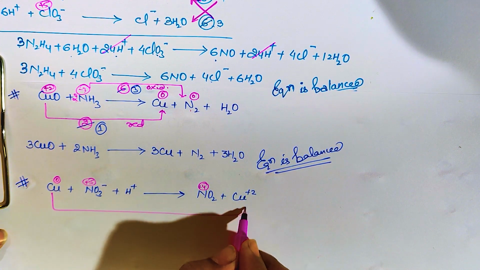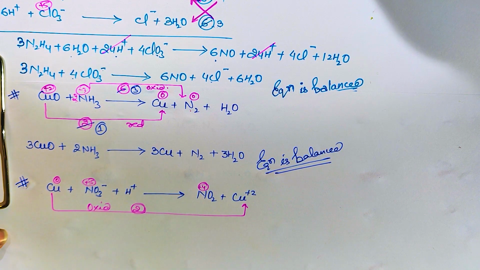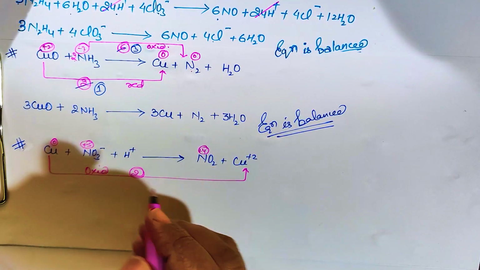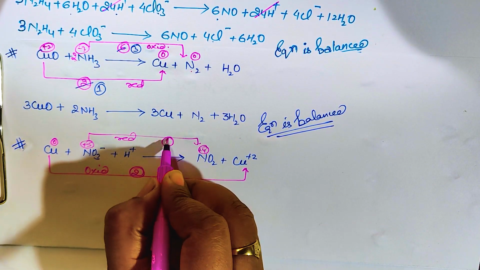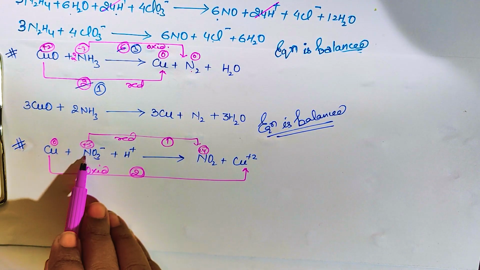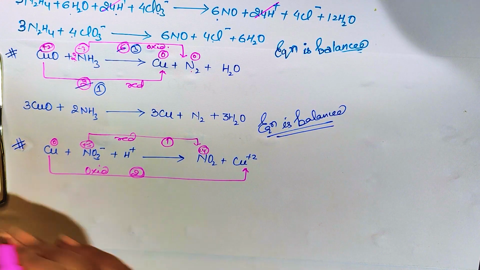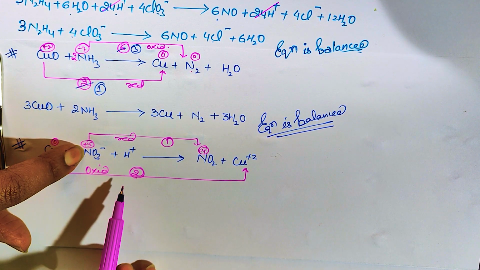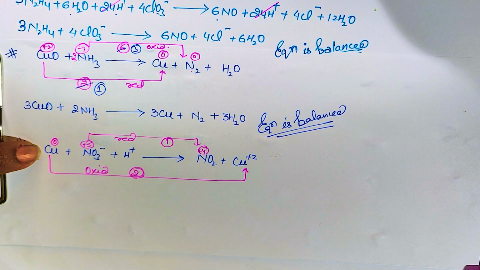This is 0 to plus 2, that means oxidation is going to happen by 2 electrons. So just write this number 2 over here. And for nitrogen, the reduction is going to happen in this case by 1. So just write 1 because nitrogen is already balanced. So the difference we will write is 1. So again the cross multiplication. This 2 will be multiplied with nitrogen and 1 will be multiplied with copper. So just let me write this.